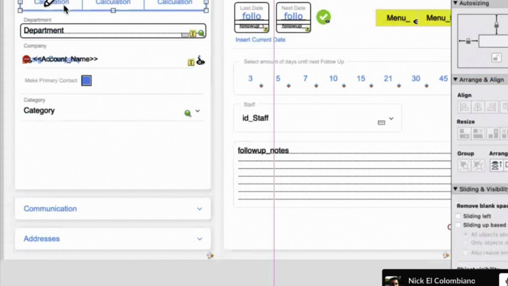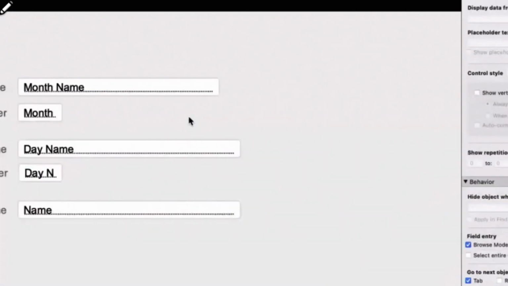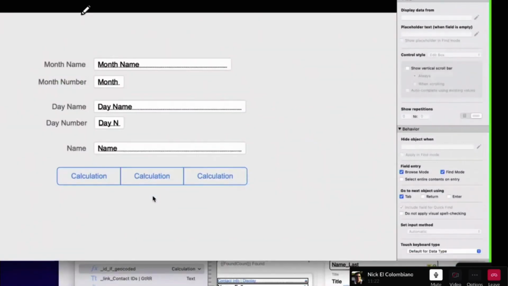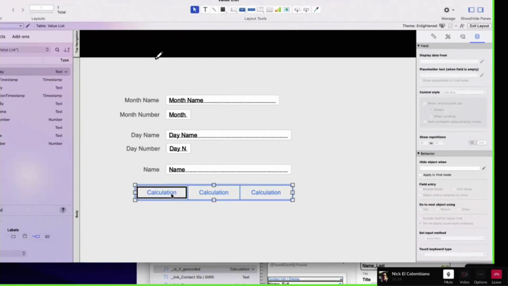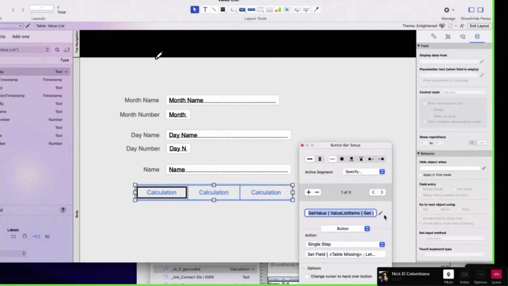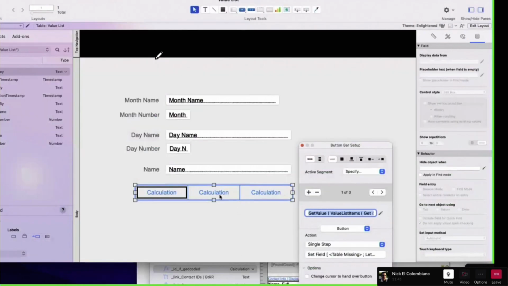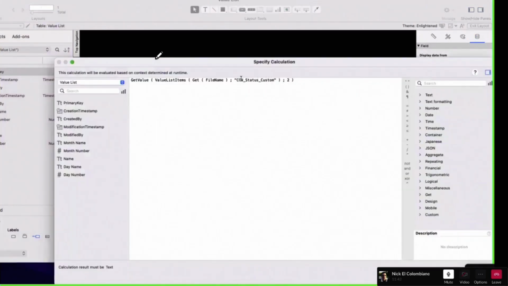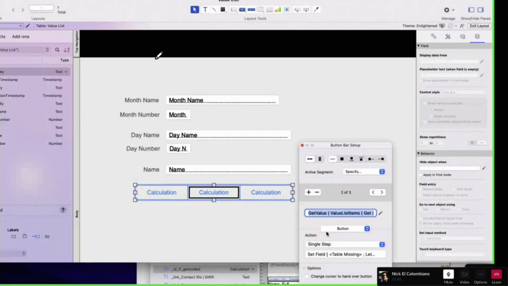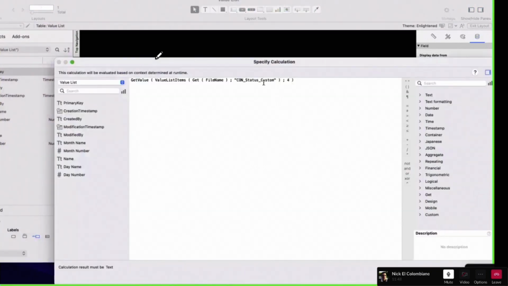Because I can copy this object, paste it here, and I want to play like this. So you say everything is broken? No, it's not. Because I want to change this to day names, for example. So I'm copying this, right? And in 2 seconds, less than 1 minute, I'm going to change this like this. Here, look, right?